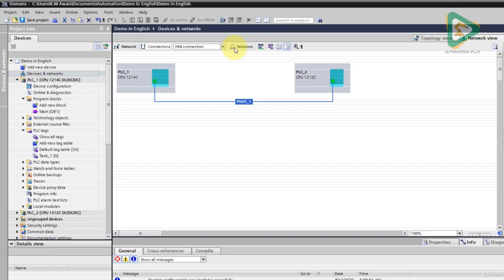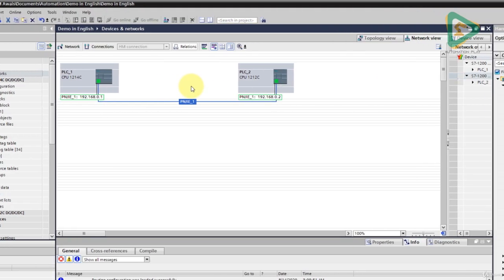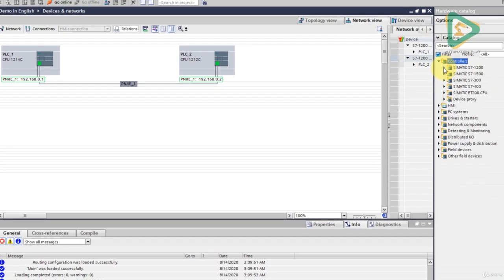And one more thing I wanted to show you. These are device names which I can obviously change. For example, machine 1 PLC, machine 2 PLC. Okay, yeah, show address labels. So now it is showing me the IP address of the first PLC, the IP address of the second PLC. So this is my network view that I can use to connect different devices together,